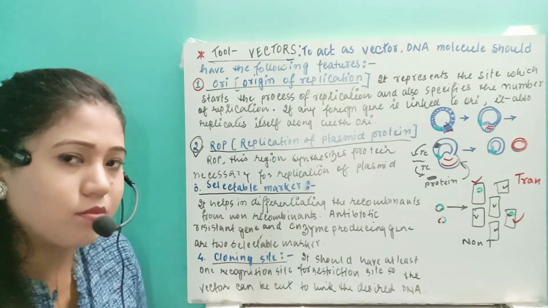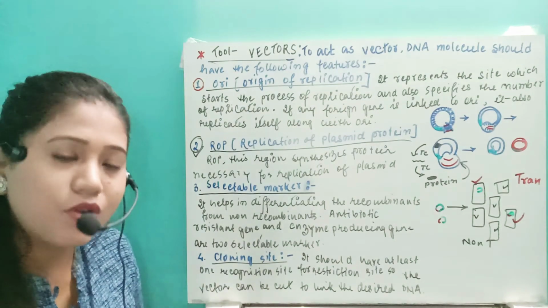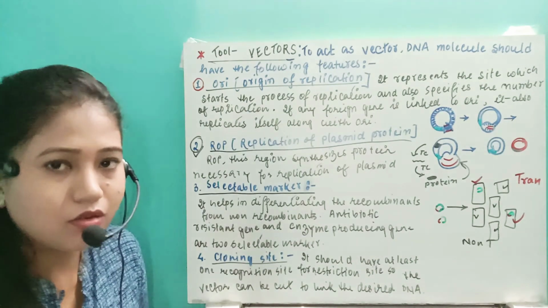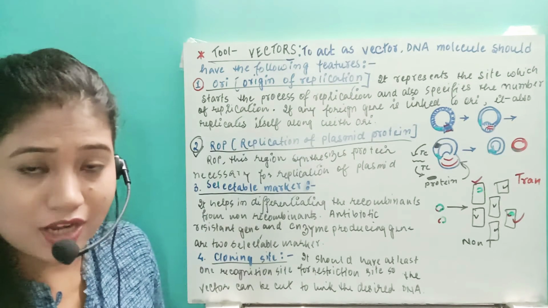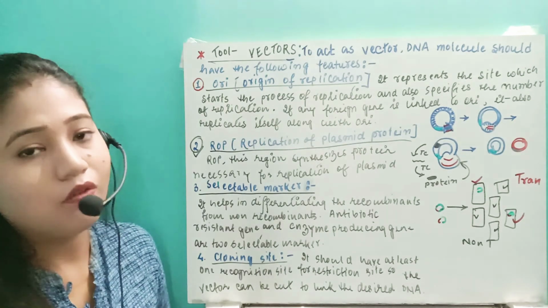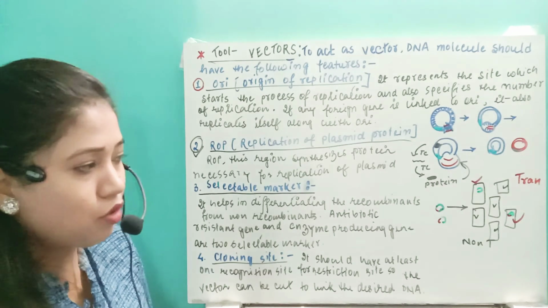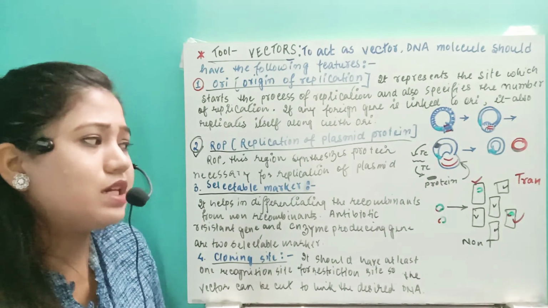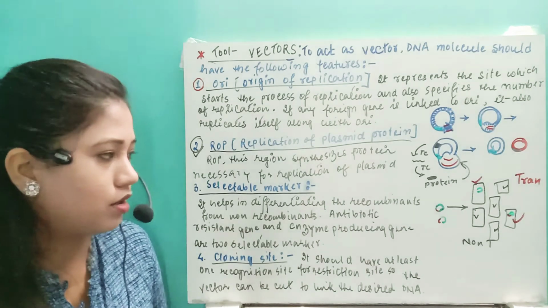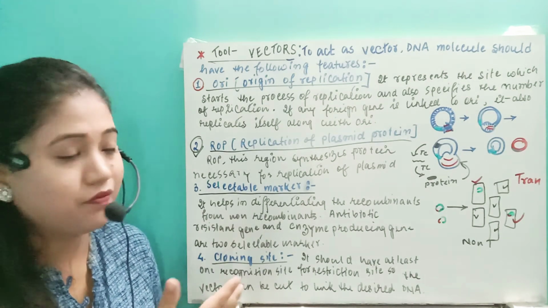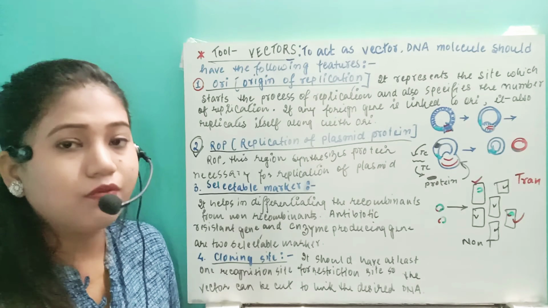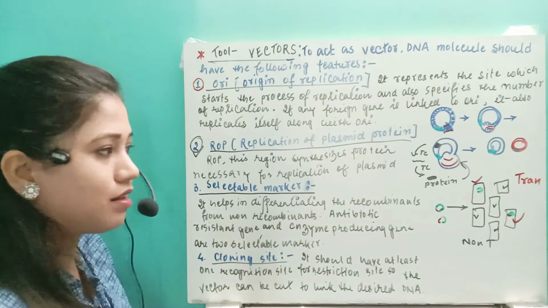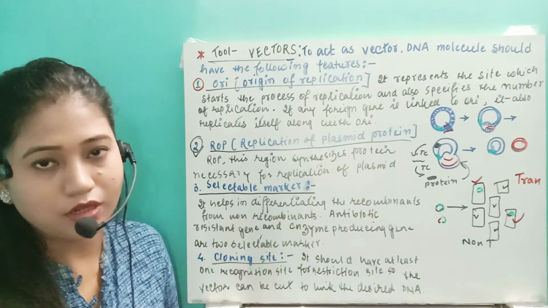Okay, so transformant or recombinant is taking our gene of interest in that vector or that rDNA, and non-transformant or non-recombinant, what are they? They are not taking our gene of interest. So they need to have one selectable marker. Otherwise, there is no other way how we are able to find the recombinant from the non-recombinant.